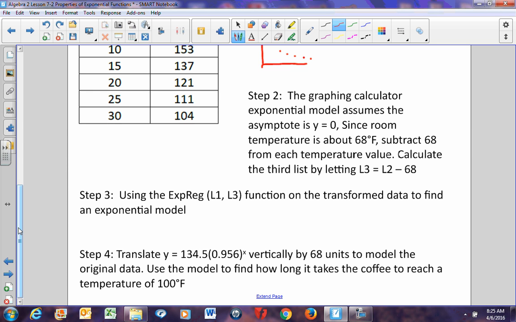So I'm going to add a page, calculator, I want statistics, but this time I want exponential regression, so it's under stat calculations. Pick up exponential regression, EXPREG. My X list here is going to be my time. My Y list on mine is going to be T. My temperature, that's my T. Okay. I believe it's T. I'll find out really fast. Okay. And I'm going to get